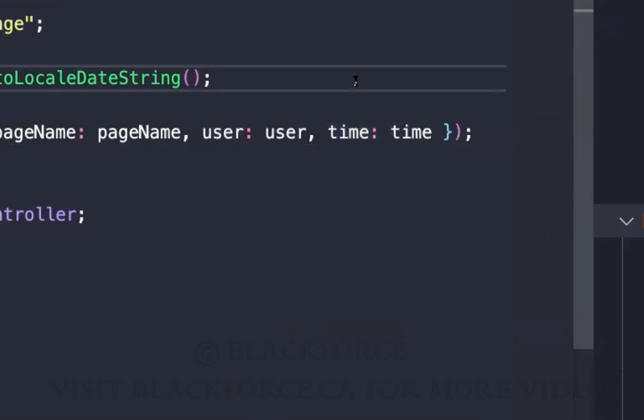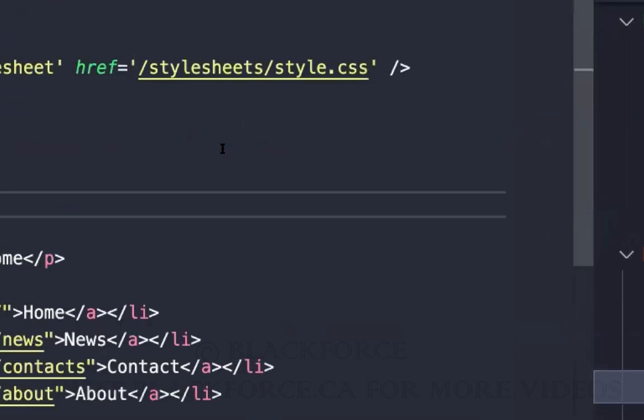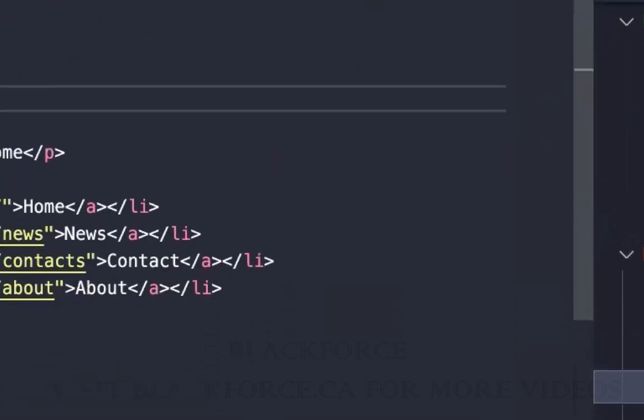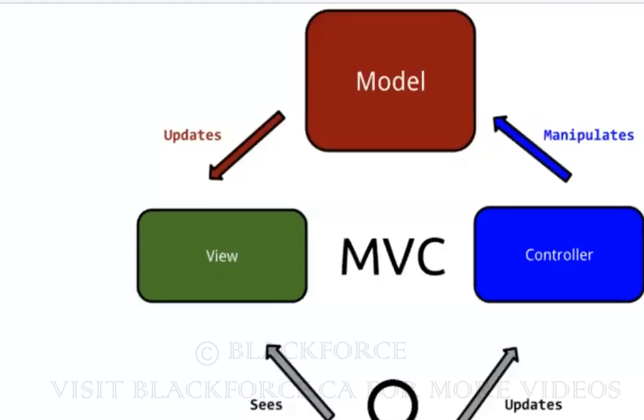Okay, if I save this now, go to my index in the front end. I used title before, but my page is going to break now because I've deleted